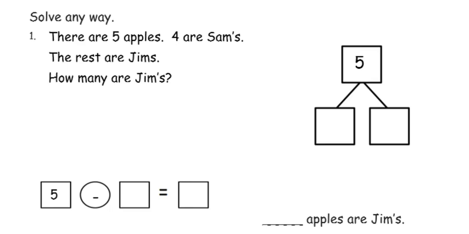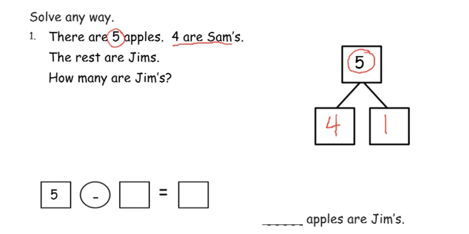The first one says there are 5 apples, 4 are Sam's, the rest are Jim's. How many are Jim's? I have a number bond in place, so I'm going to use the number bond to help me answer the question. So we can see that the top number on the number bond is 5, and that represents the 5 original apples. Since 4 of the apples are Sam's, I will decompose the 5 into 4 and some other number. Well, I know that 4 plus 1 equals 5, so I'll fill in the 1 for the other part of